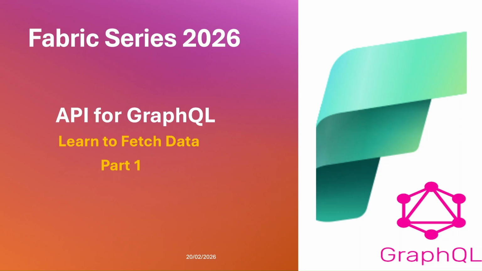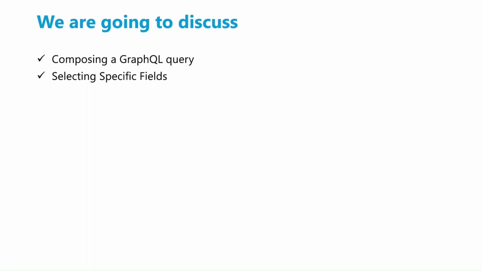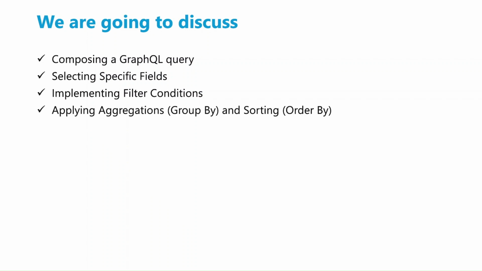We are going to cover selecting or fetching of data in GraphQL in two parts. In the first part, let's see what we are going to discuss. We will discuss composing a GraphQL query, selecting specific fields, implementing filter conditions similar to the where clause in SQL, applying aggregation and sorting of data using GroupBy and OrderBy, applying logical and/or conditions,